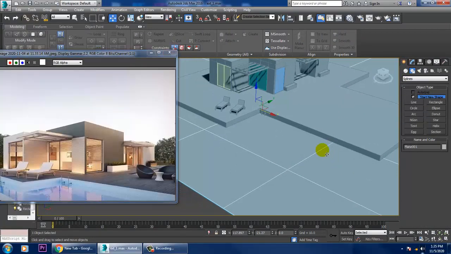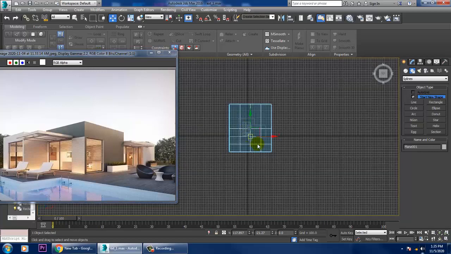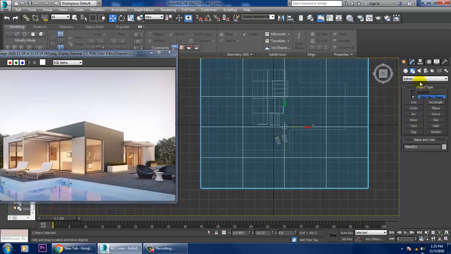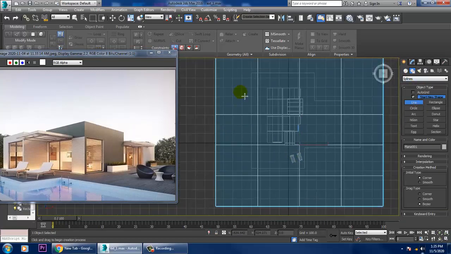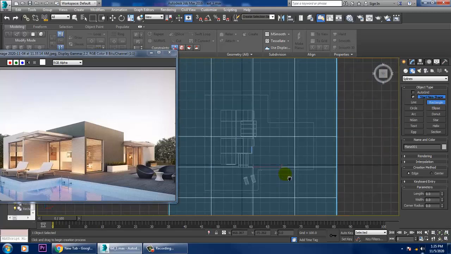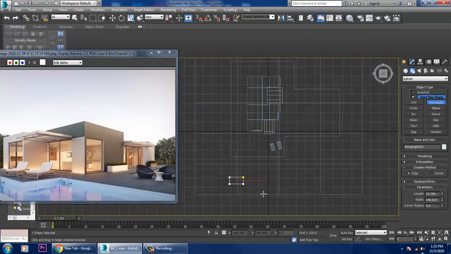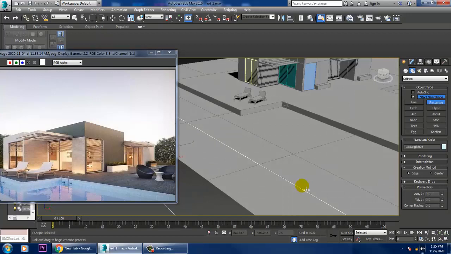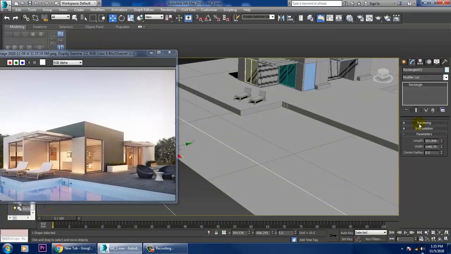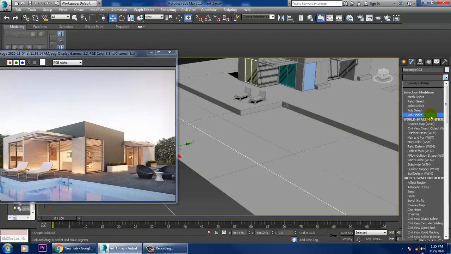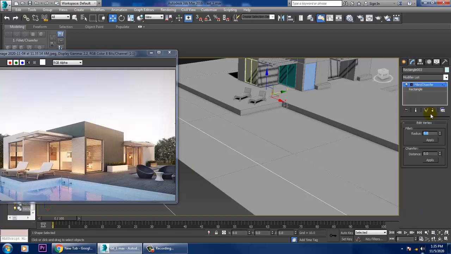So we'll go to the top view over here, and let's just take a rectangle over here. So let's just take a rectangle, and let's give again an extrude modifier.